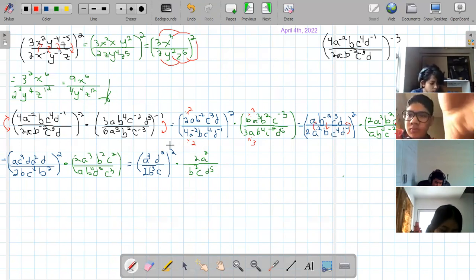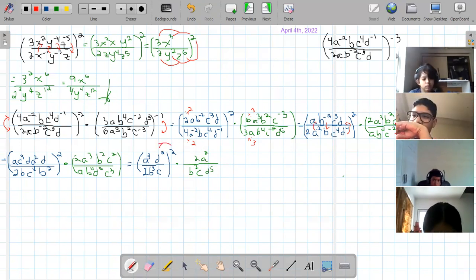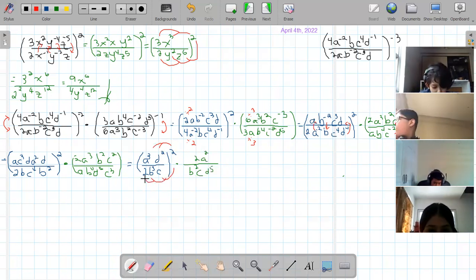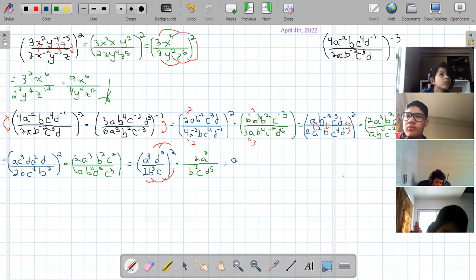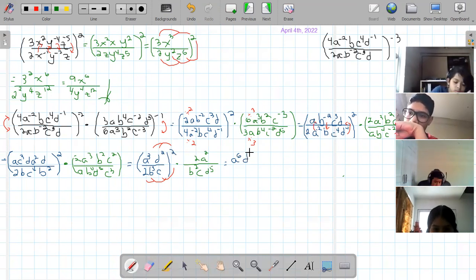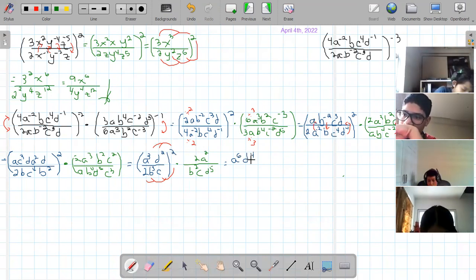Now we're going to do the power of the power, in which this two will affect everything inside, okay? Remember, these lines are not necessary for you to do it. This one, there's no power of a power, so we don't do anything else. Okay, so we go ahead and multiply. 3 times 2 will give me A to the 6. Very good. D to the 4th power. Over